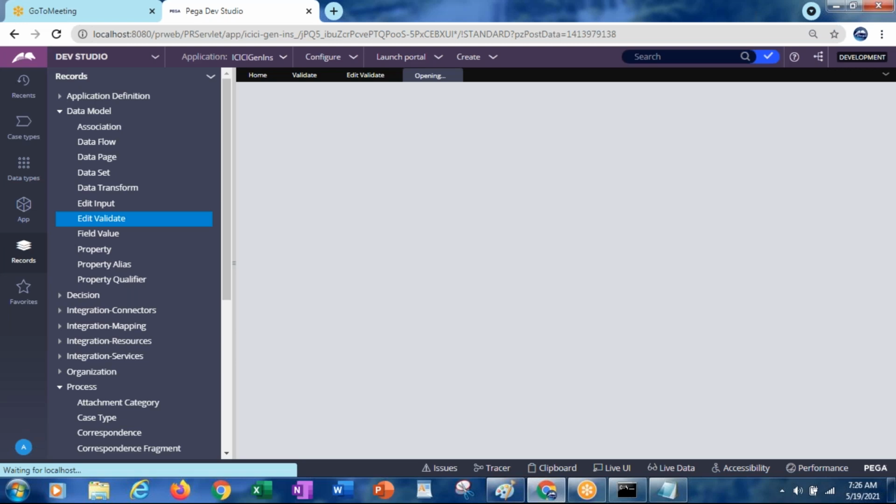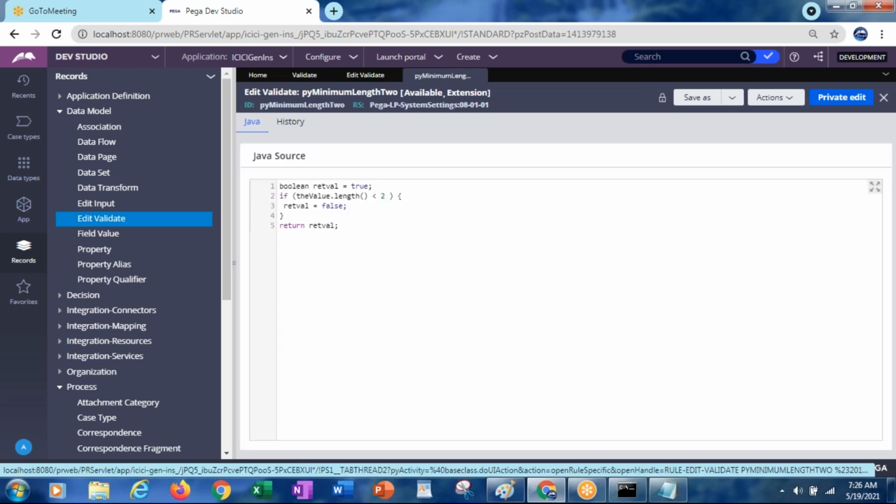And even for one validation, you can apply client side or server side validation. So if you apply both client side and server side validation, which one will fire first? Which one will execute first? Client side. Exactly.